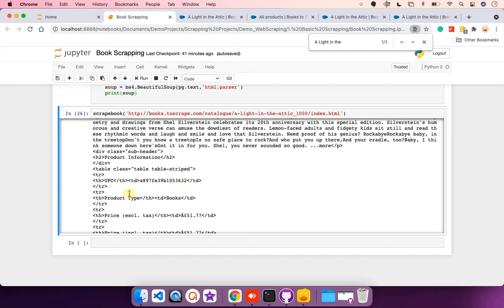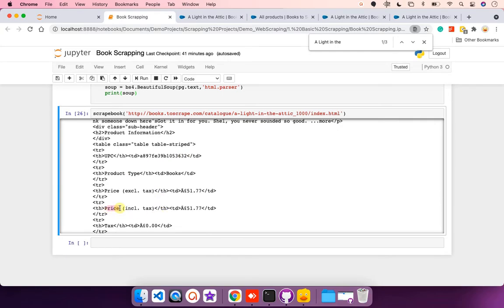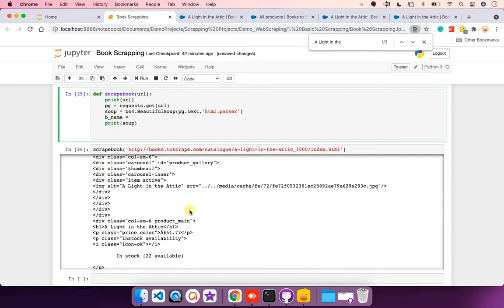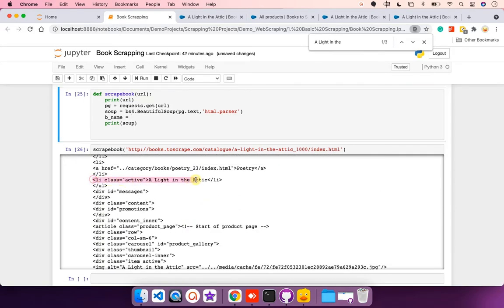Now here I'll get the remaining information from the table. So tr, td are basically tags of a table. Tr is for rows and td is the data inside the row. Now let's start by extracting the book's name. The book's name is in the li tag with the class name equal to active. So you already know the syntax, right? How to fetch the first tag with the given class name.